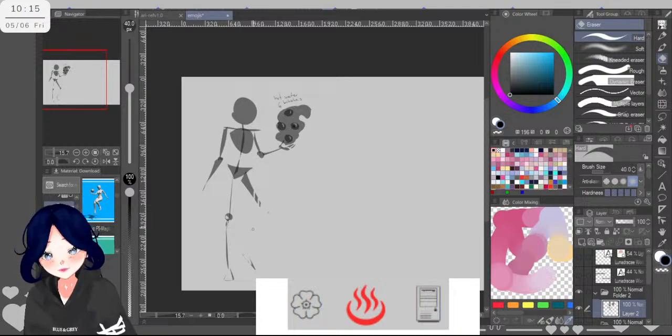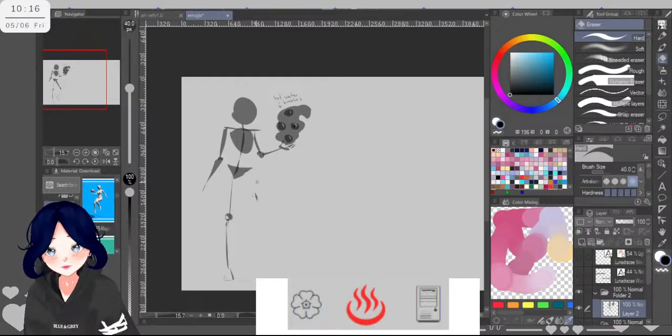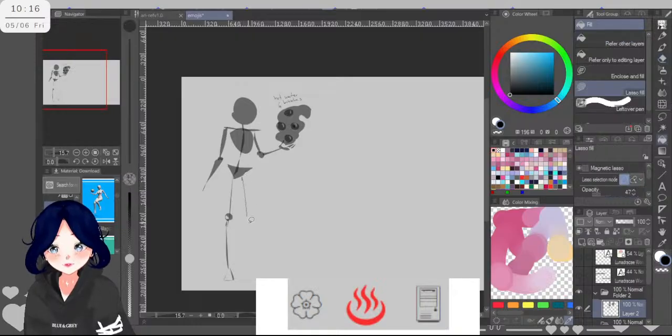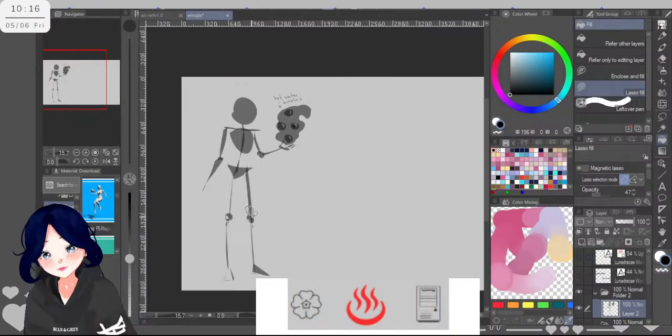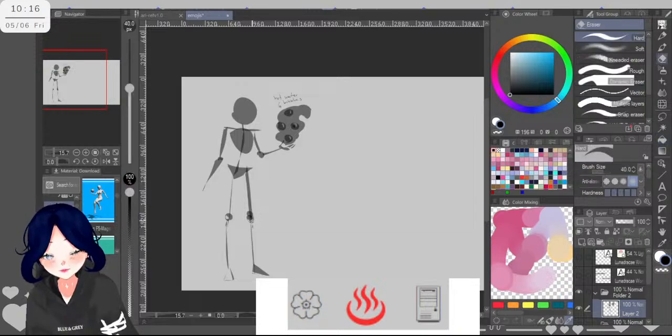It's looking a little off to me, but the pose is slightly leaning this way, so maybe instead of bending the knee, the foot is just slightly behind and sideways, so the knee should be around here.